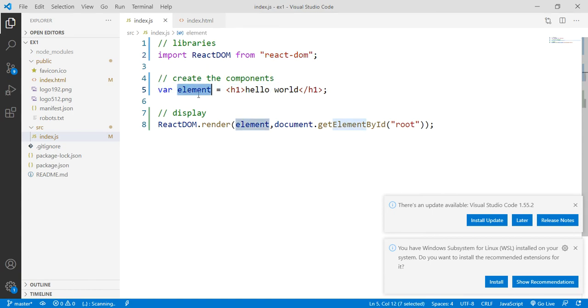Next, sir, create the component. Right now we are creating a component that contains only UI logic, but in future I am going to show you how to create the view and the corresponding logic, meaning HTML and the corresponding logic. Sir, I have the component I want to display to the user. Now display this at the root place as a child. That is what this render method will do. I hope you understand the things, and please practice the same.